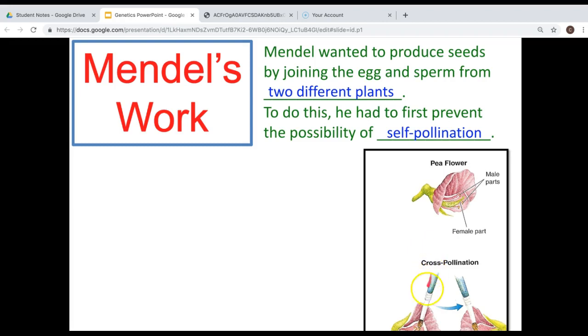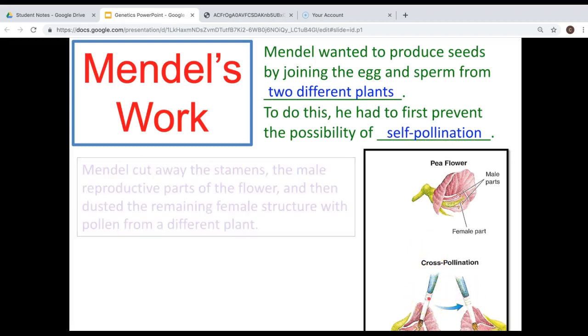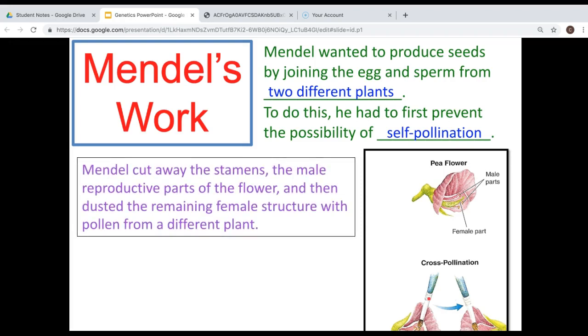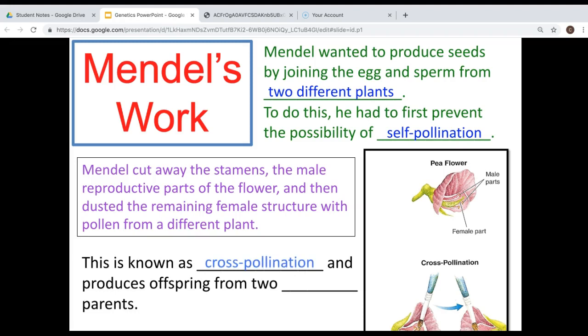So what he did is he manually cross-pollinated these plants. He cut away the stamens. He took the stamens off the plant so that there were no male reproductive parts on the flower. Then he dusted the remaining female structure with pollen from a different plant. You can kind of see that here. He took the pollen from one plant and inserted it into another plant. And this technique was known as cross-pollination,